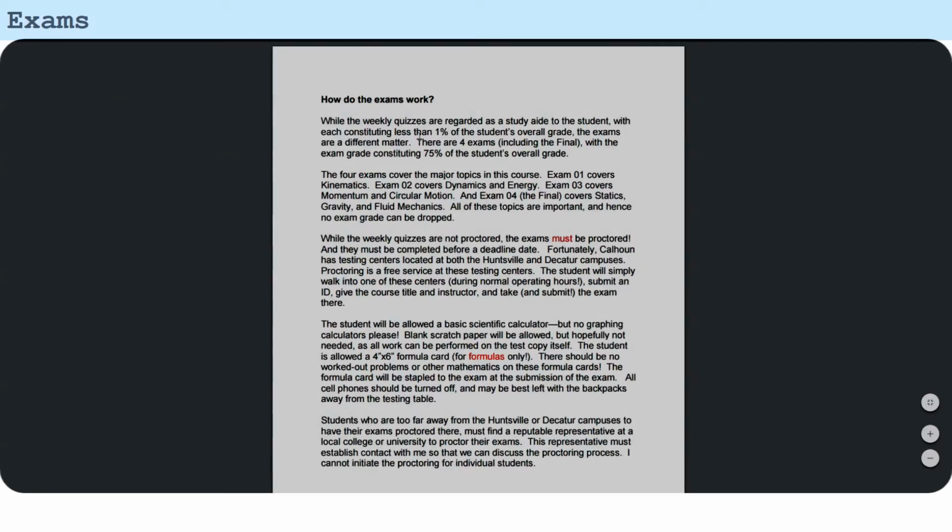Said 75% of your overall grade will be the 4 exams, compared to the quizzes, where each quiz is actually slightly less than 1%. So the exams are a big chunk of your overall grade. You have to be able to work out problems on paper and do that in a reasonable amount of time